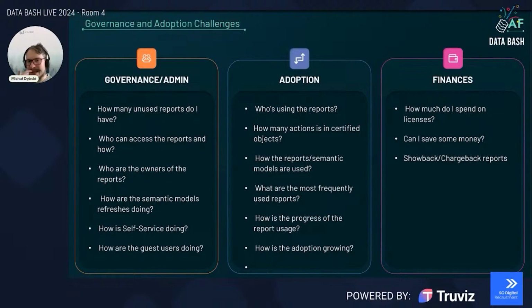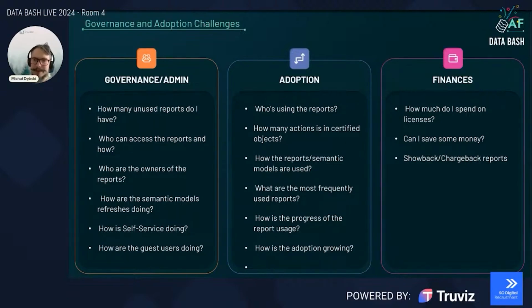So it's kind of messy to, for example, check very easily in Power BI service through the user interface to what kind of objects a particular person has access to. Or the other way around, who can access a particular Power BI report and how? It can be done, but it's not so intuitive, it's not that easy. What's more, the question that comes very often is who are the owners of the reports in Power BI, especially if you are producing lots of different reports and